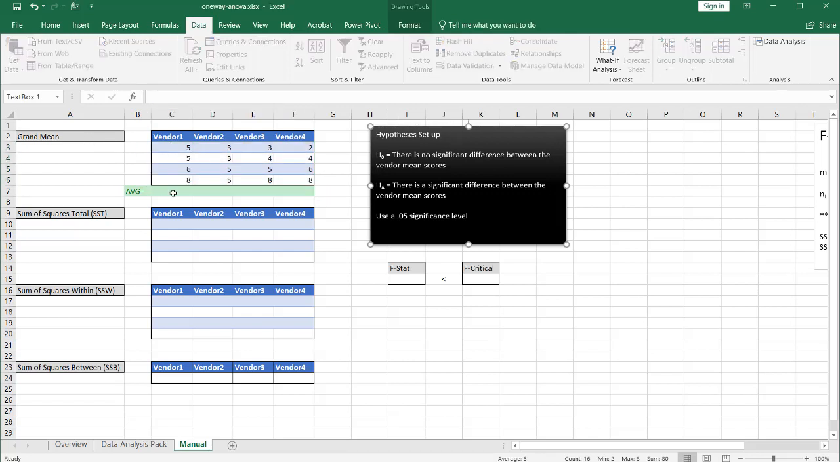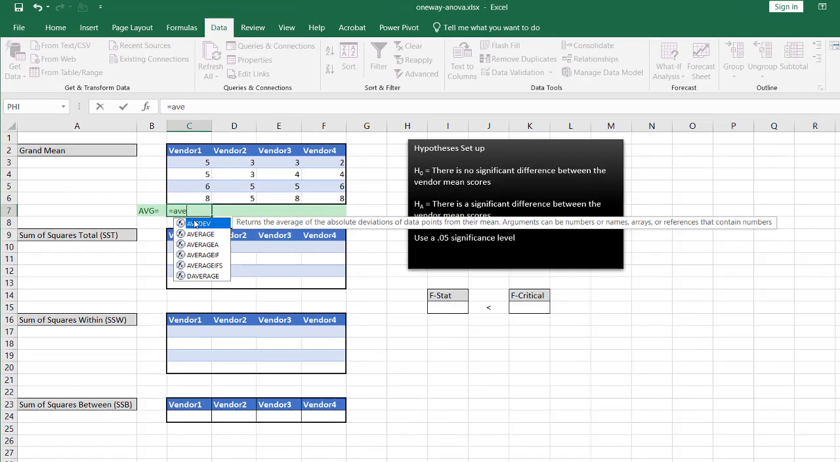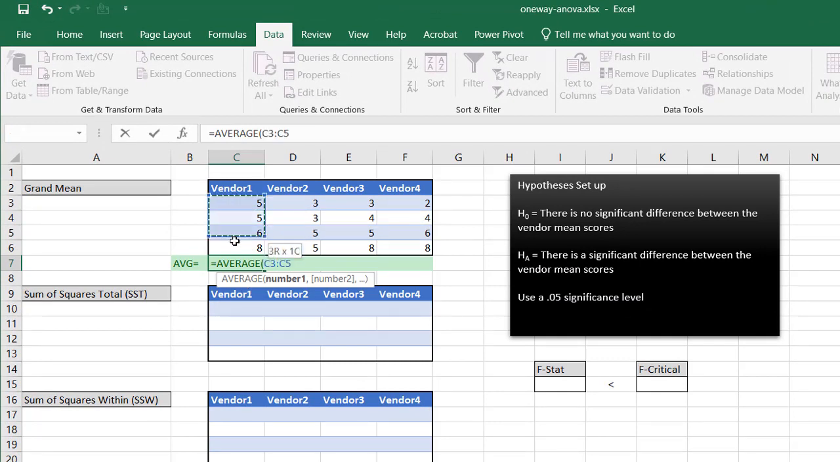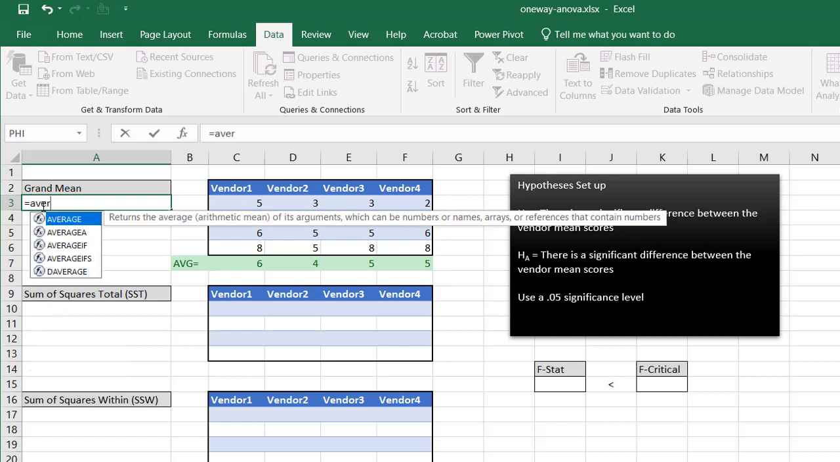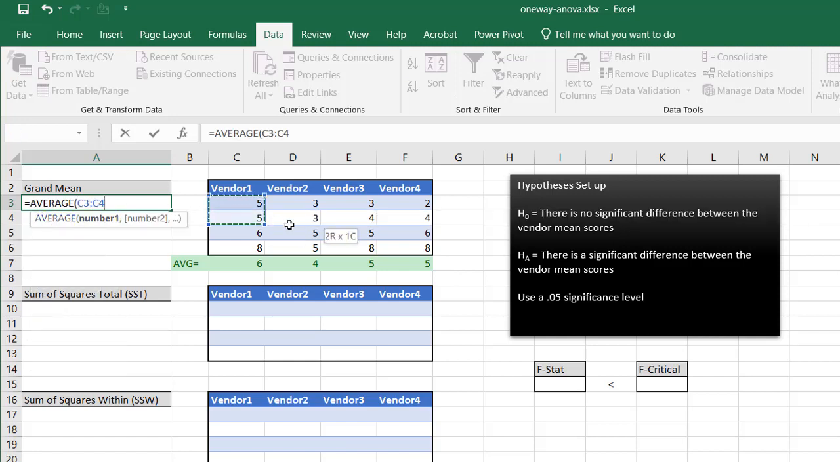We want to get the average values here, so I will type in average, double click that, average those values there, press return. So I have an average of 6 for vendor 1. I'm going to drag the fill handle across, so it's going to copy the formula across and give me the averages for each one. I need to get a grand mean for everything, so what is the average for all the scores here? So I'll type in average, double click that, and get my average of all the scores there,